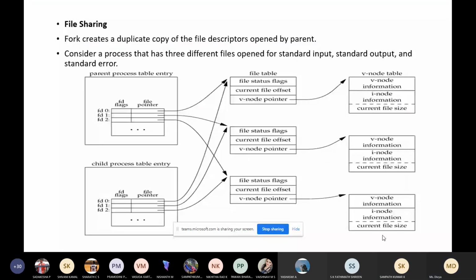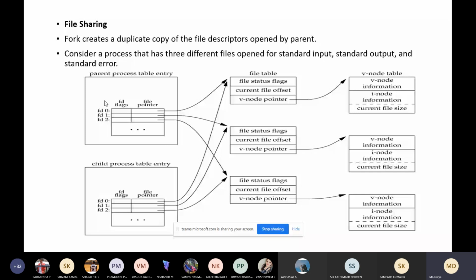So here in file sharing, you can see in this diagram, you know about the file descriptor, correct? We studied at the beginning of module 3, whenever we try to open a file, create a file, or write a file, we'll have a file descriptor. It's just like a pointer to the file.